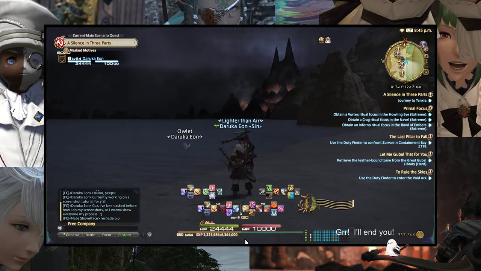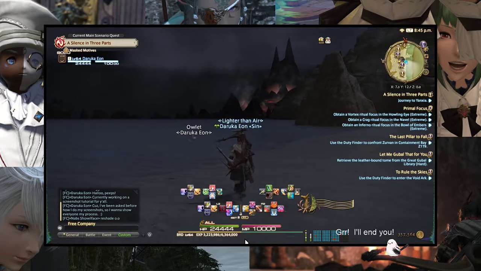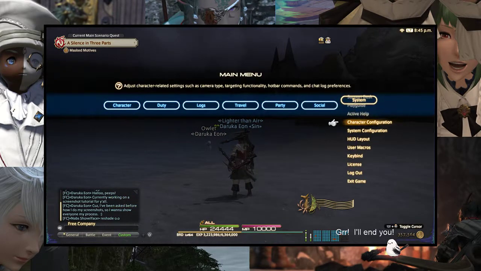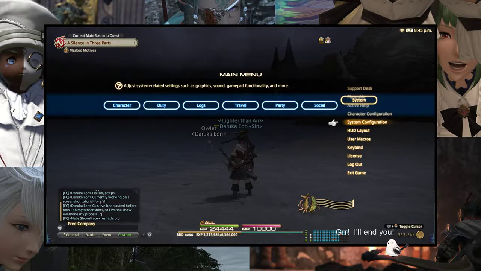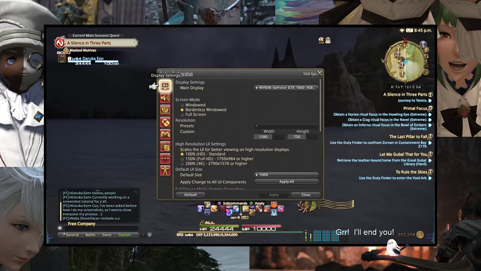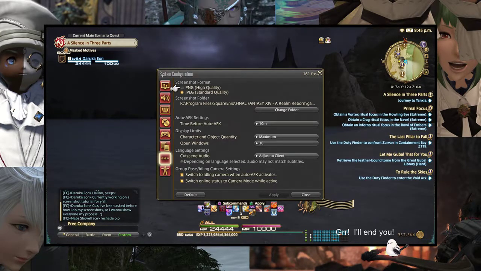So, first things first, I want you to figure out where your screenshots are going to go. Because what's the point of making screenshots if you don't know where they are? So anyway, you go to System, and System Configuration, and under the Other settings, you will see the screenshot